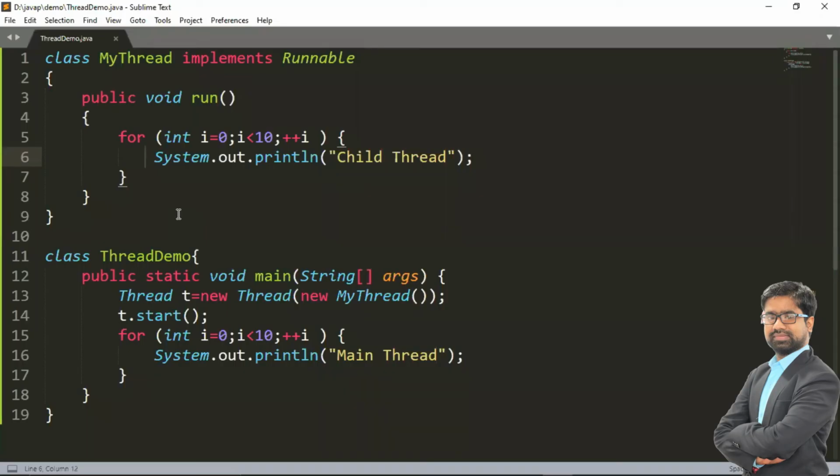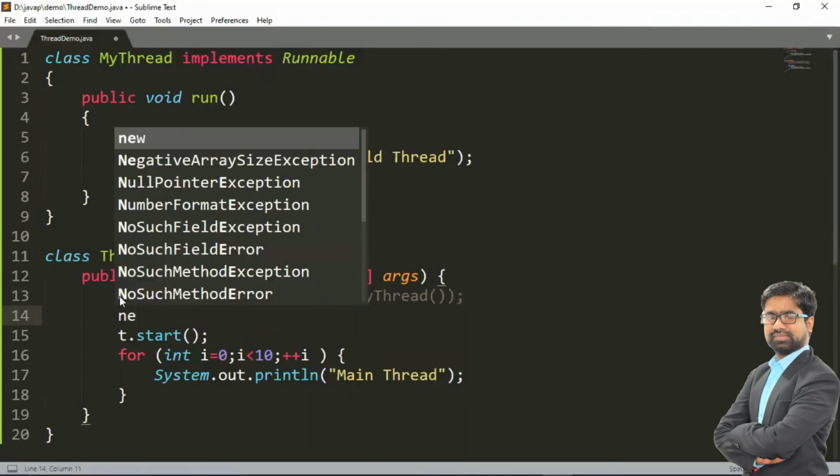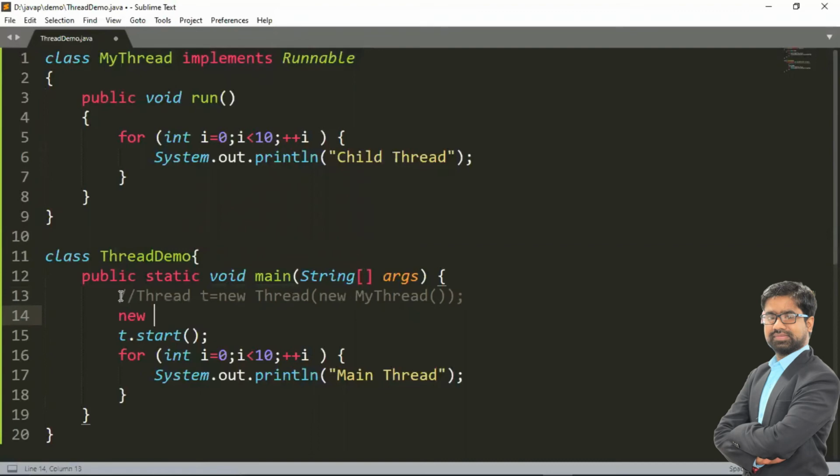So here I have created a Thread, Thread t, and passed the object of MyThread. Similarly, the same statement can be replaced: I can create an anonymous object and call it. Create new Thread, then pass new MyThread here. No need to create the object or mention an object name.